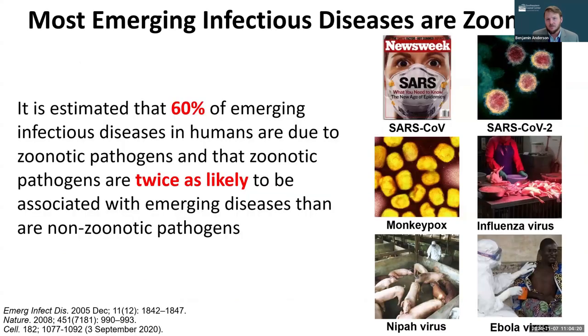Now, what are some of the reasons for that? One of the reasons we know is that most emerging infectious diseases are what we call zoonotic. And zoonotic is a term that refers to the fact that the disease or the infectious agent that causes the disease can be reservoired in animals. In fact, we know 60%, maybe even a little bit more, of all emerging infectious diseases have been identified with this zoonotic criteria. And this is really critical then to understand that our interactions and